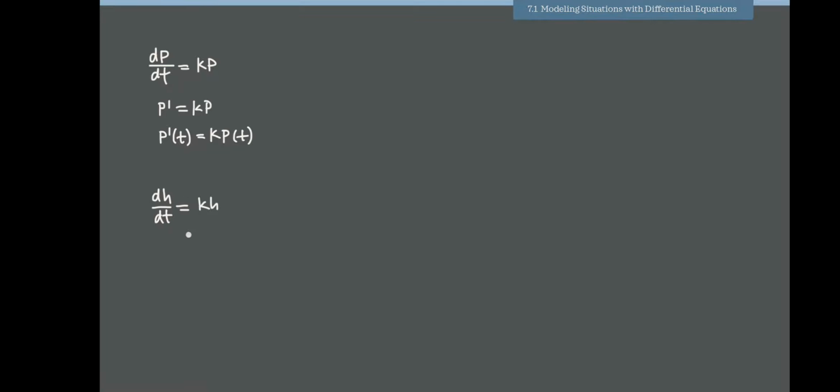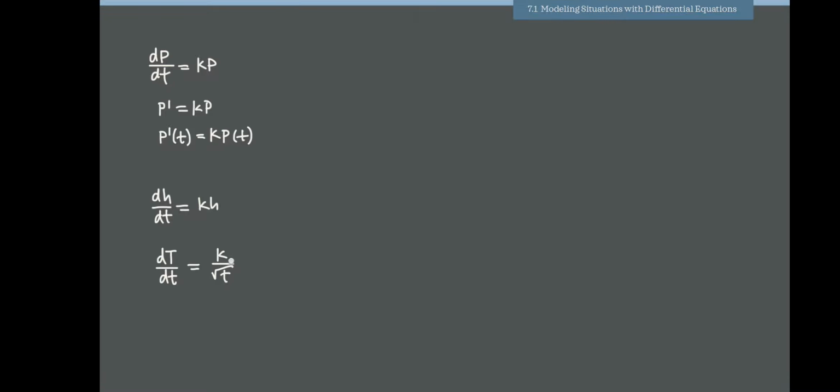We could also be told something like the rate of change of a train's position. So let's call the position of the train capital T. So the rate of change of the train's position, we'll say with respect to time t, maybe we're told that that is inversely proportional to the square root of time. Well, here's what that would look like. We would say k divided by square root t, because we were told inversely proportional to the square root of